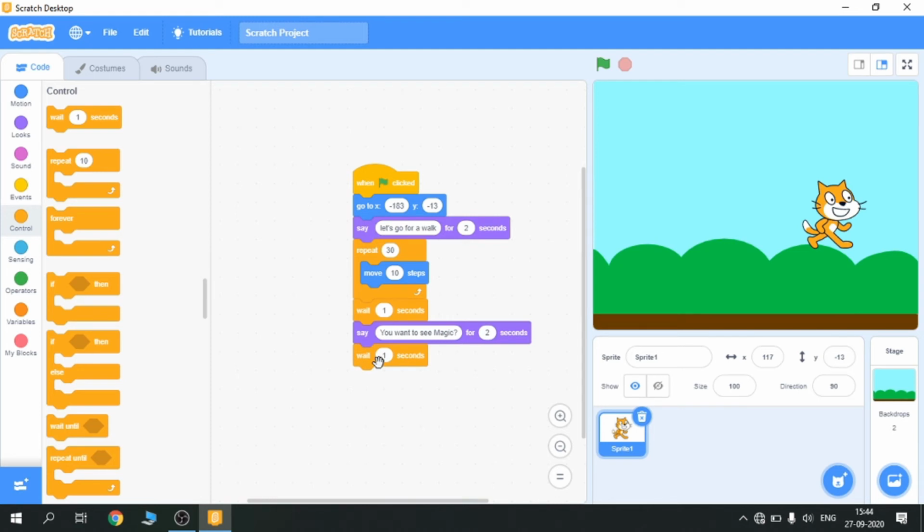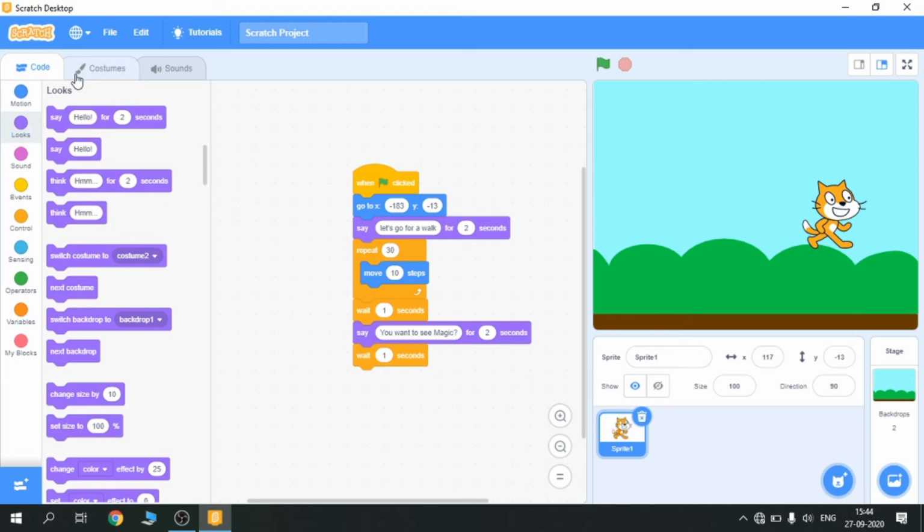Now what is the sprite doing? What is our story? We want to create a story, no? So after asking you want to see magic, he will say I'll become a dwarf. So replace hello with I will become dwarf.